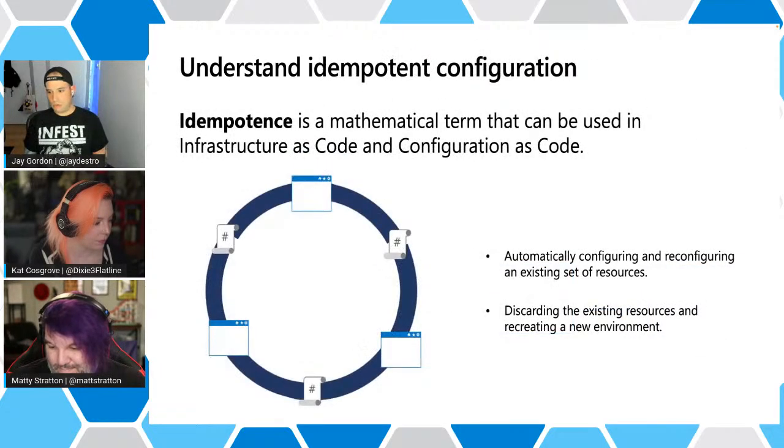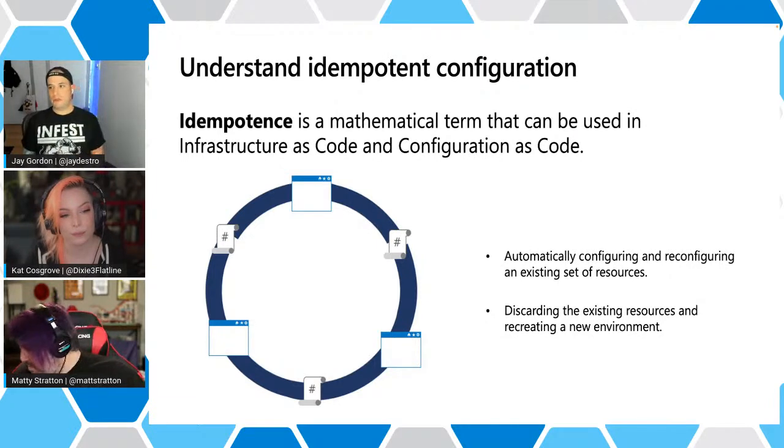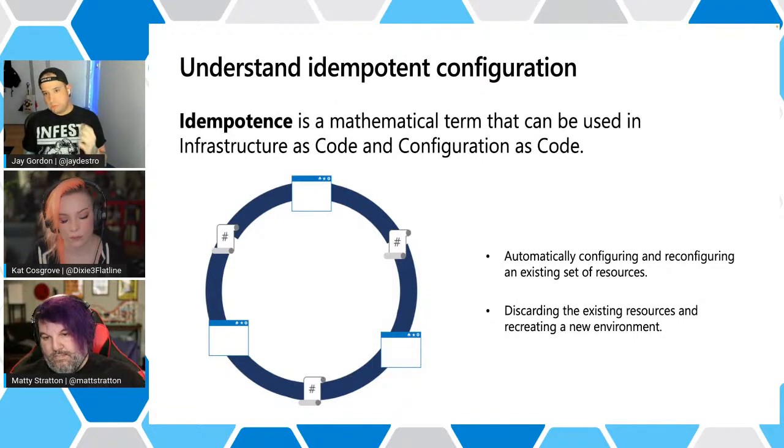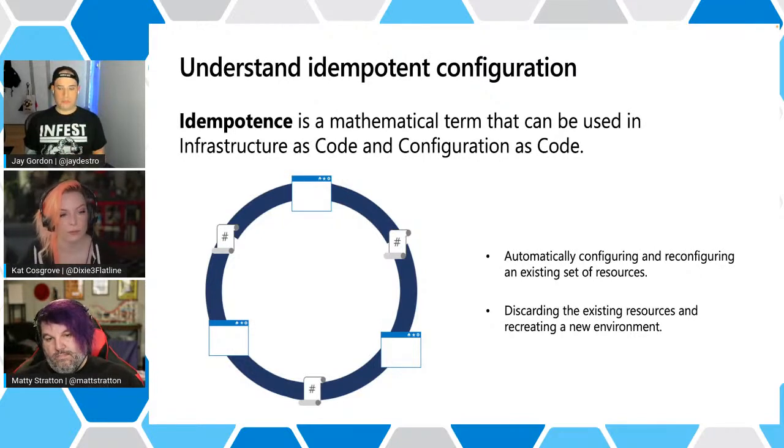And the final thing that I will talk about is idempotency. It's the mathematical term that can be used in infrastructure as code and configuration as code. It can apply more than one operation against a resource, resulting in the same outcome. For example, running a script on a system should have the same outcome despite the number of times you execute the script. It shouldn't error out. It should do the same actions irrespective of the environment starting state. In essence, if you apply a deployment to a set of resources 1,000 times, you should end up with the same result after each application of the script or template.